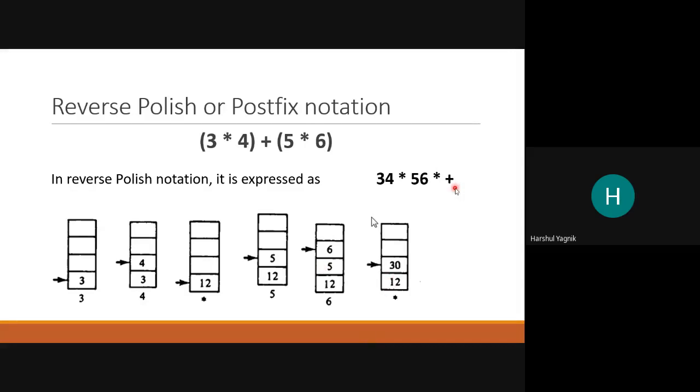Then again next is an operation. So what are the last two operands on the stack? On those the operation will be performed. So 30 and 12. The result is put on the component which is at the bottom of the stack on which the operation is performed. So 12 is replaced by the result 42. Clear? Yes, sir. Okay.